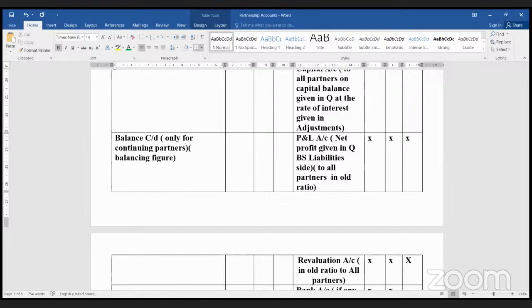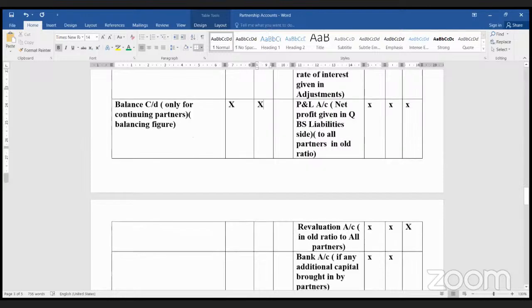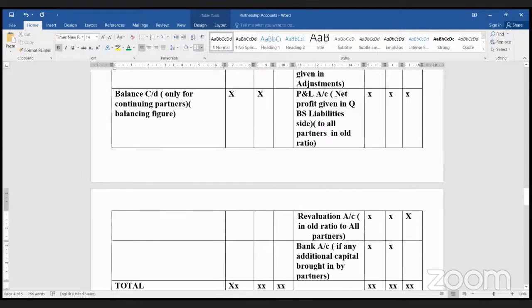Whoever the partners are continuing, only for them the difference will be calculated and the difference amount will be taken. But for the retiring partner, we write bank account